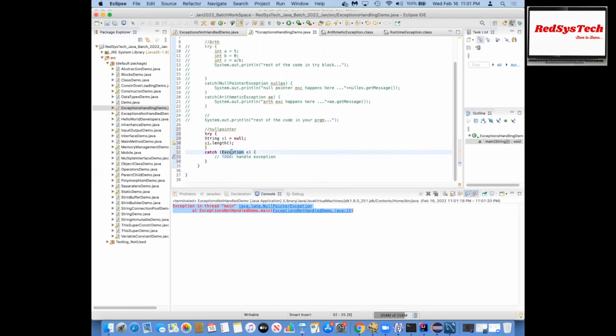Null pointer exception e, and within that you can write your own logic, let's say null pointer exception happens here. Now even if you have some piece of code here, the same applies to all the logic. Let's stop at 4. This is e. And if you guys have any remaining set of programs,